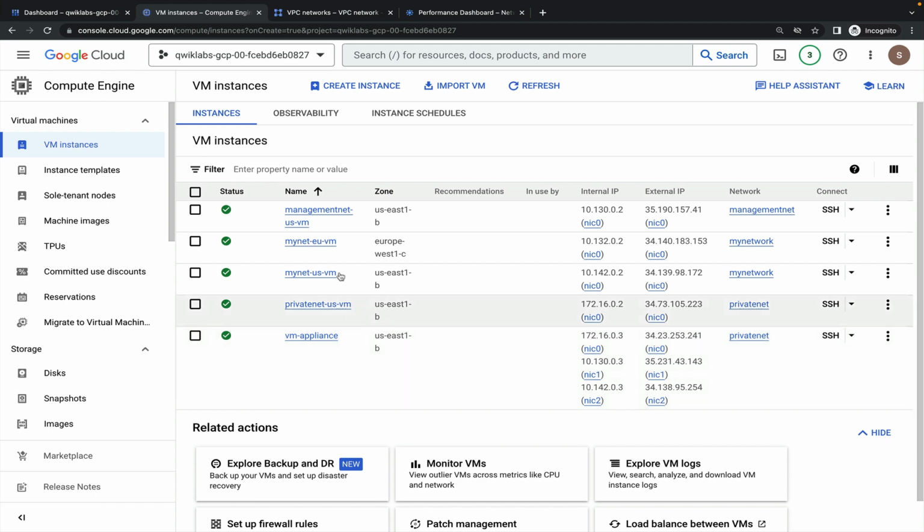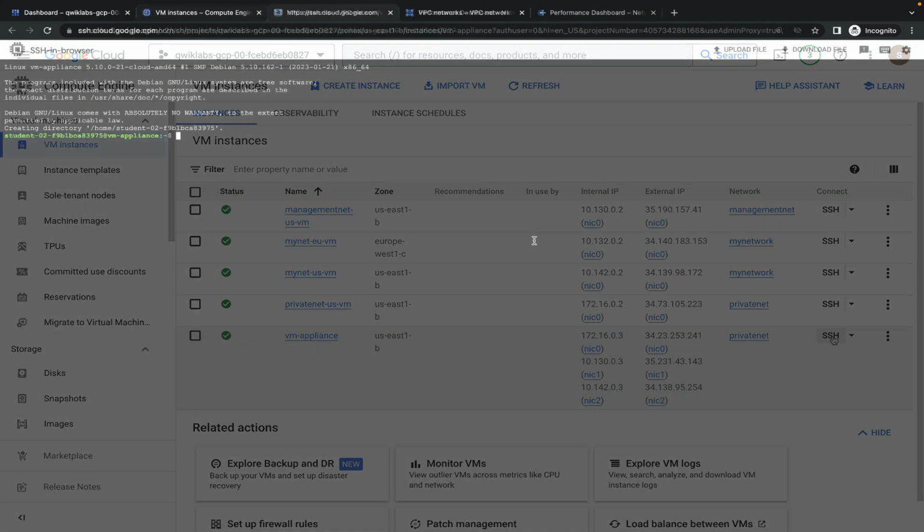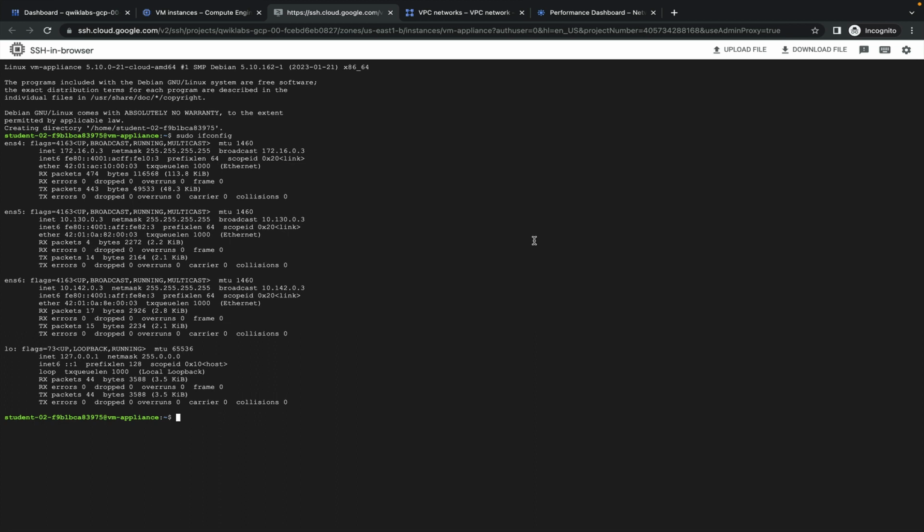and to communicate with the other VPC VMs, let me click on SSH. You see this is the broadcast IP.